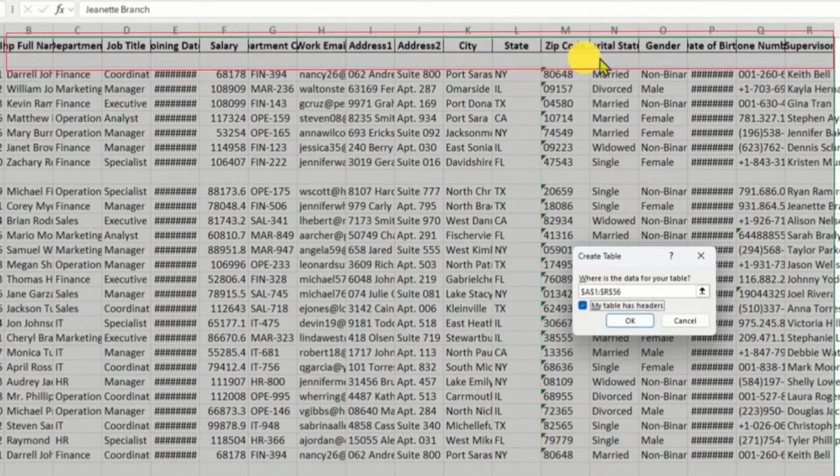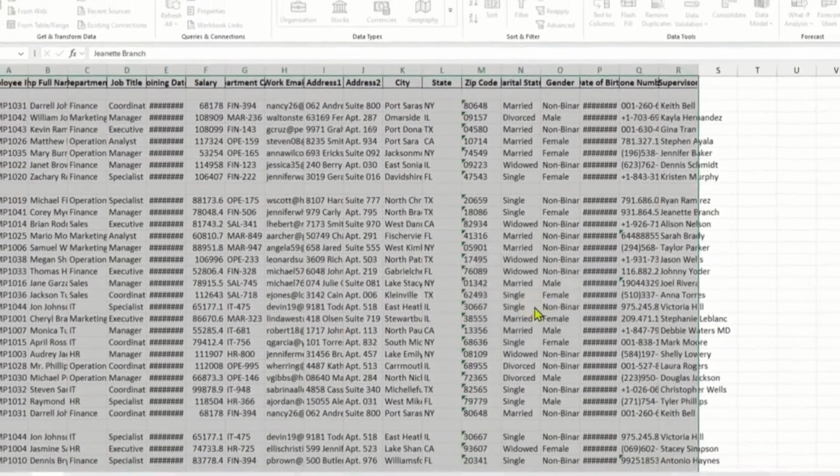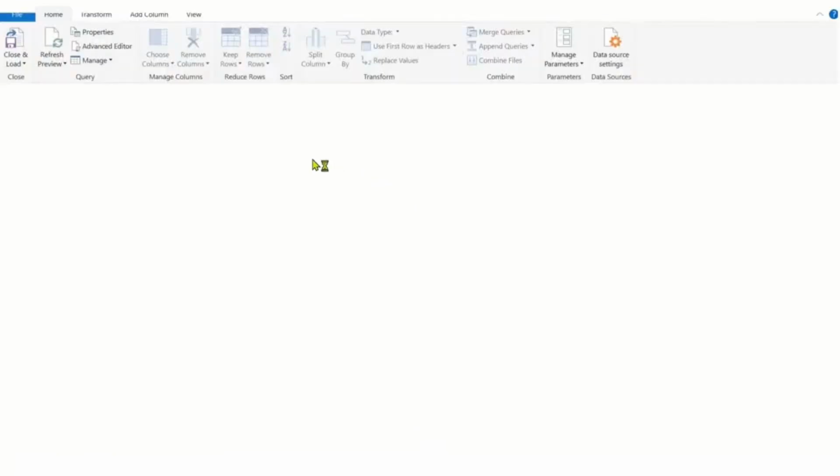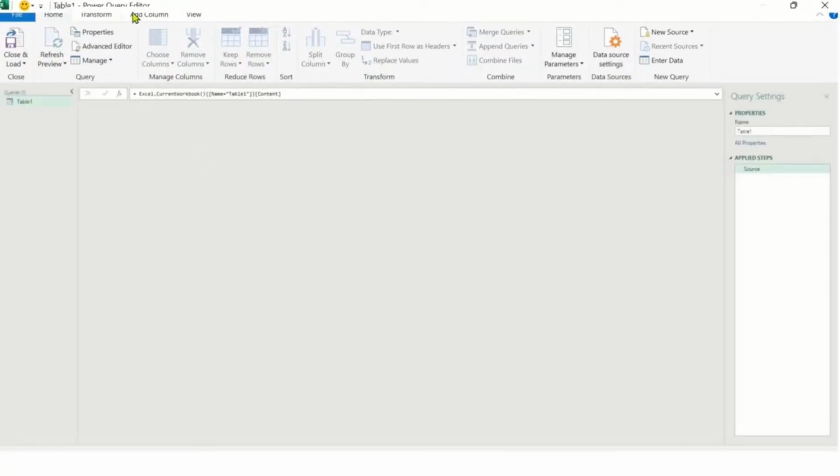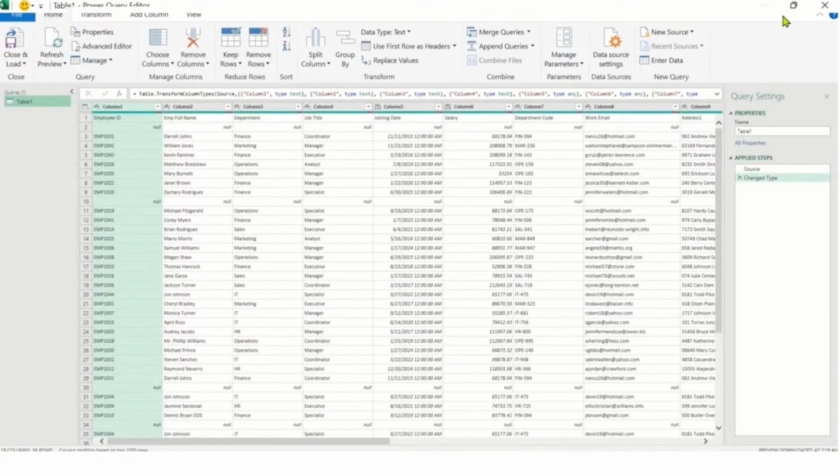तो अगर आप इसको सेलेक्ट करेंगे तो इसका मतलब यह है कि आपके पास यहां पर जो हेडर रो है इसको एज हेडर रो ट्रीट करेगा। मतलब इस डेटा को एज हेडर मानेगा, लेकिन अगर आप इसको अनचेक रखते हैं तो ये हेडर रो को भी डेटा मानेगा। तो अभी हम इसको अनचेक रखते हैं और क्लिक ओके करते हैं। ओके क्लिक करते ही पावर क्वेरी का एडिटर ओपन हो जाएगा।